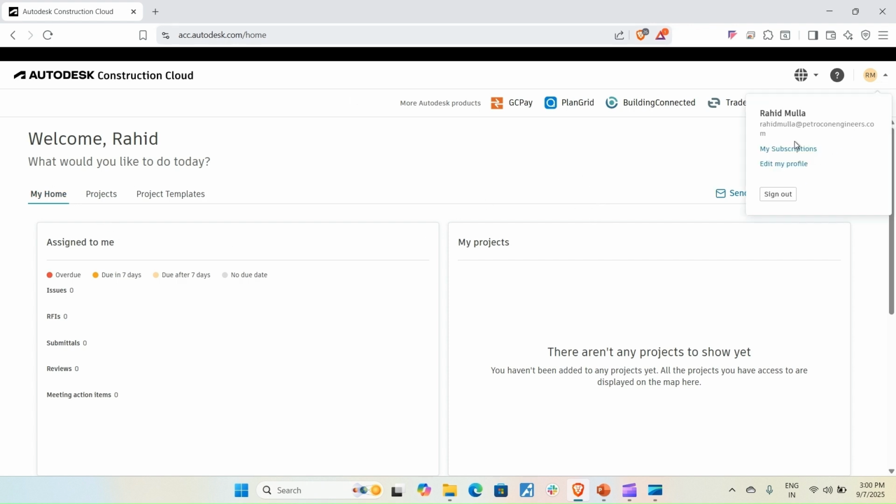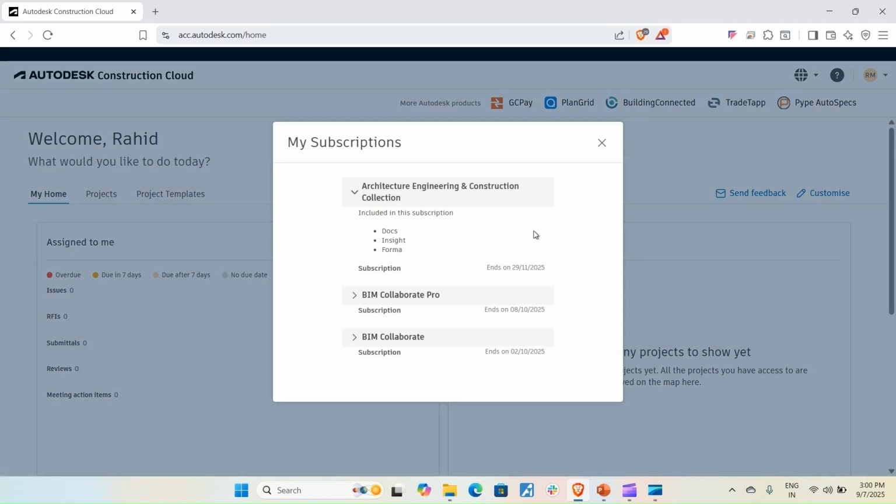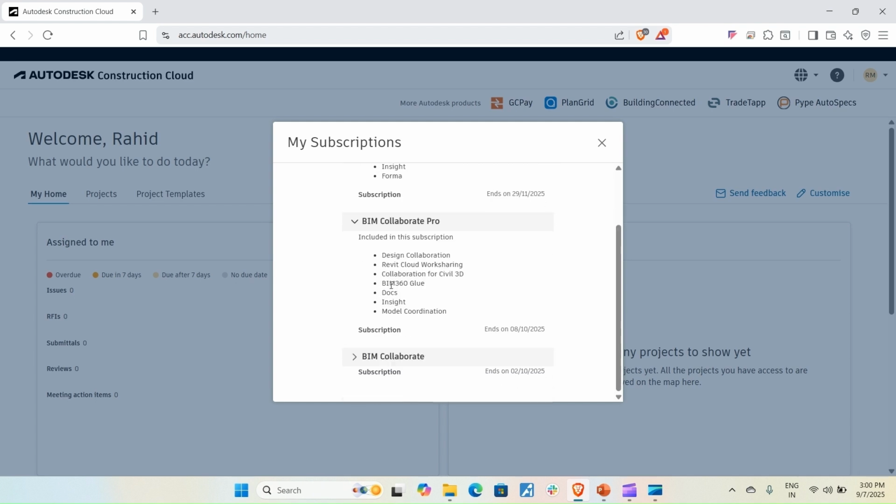Another thing is I want to take you through the subscriptions that are required for collaborating with your stakeholders online. The very first thing that is required is BIM Collaborate Pro. This is a subscription that is required for you to access your projects or create projects online.